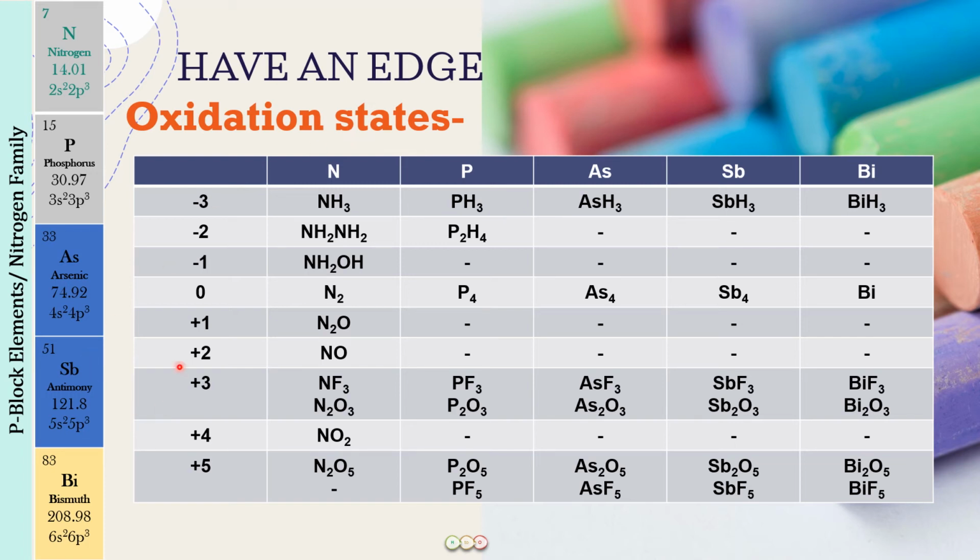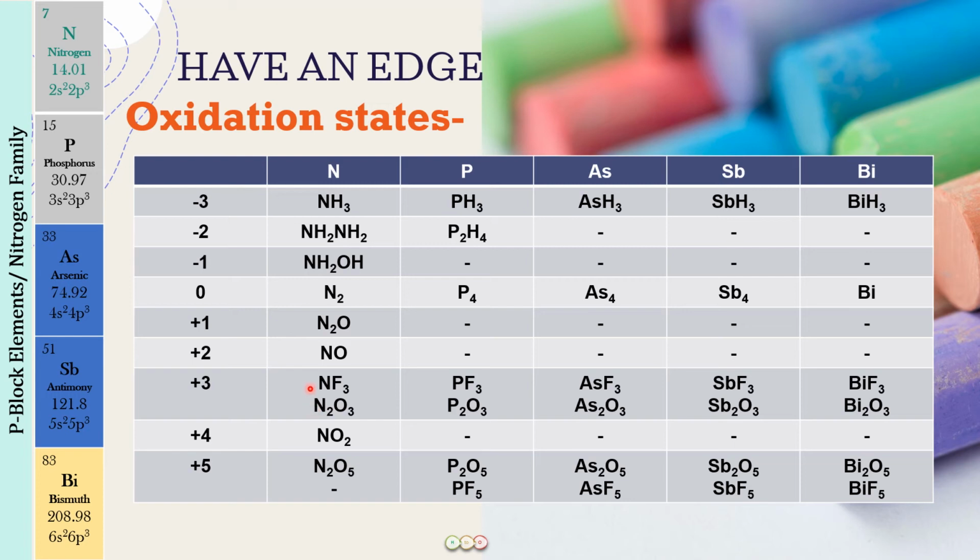So whenever it is going to be showing the plus oxidation state, it is going to be when nitrogen is with a more electronegative element than itself. So that is going to be in the case where it is forming a bond with either fluorine or oxygen. Fluorine is the most electronegative, oxygen is the second most electronegative, and nitrogen is the third most electronegative element. So nitrogen is going to form compounds only with fluorine and oxygen in the plus oxidation states. So that is why, as a reference, we are just putting up the compounds with fluorine and oxygen over here.